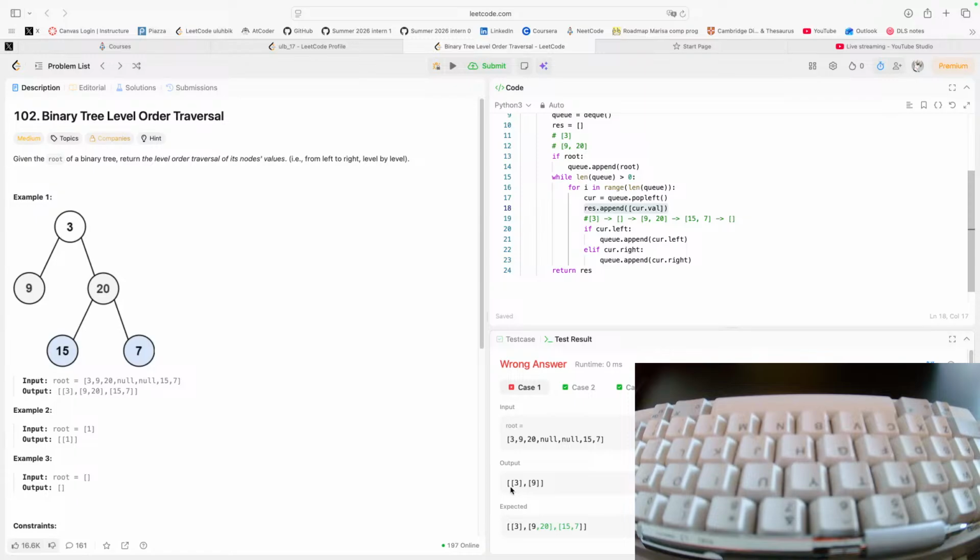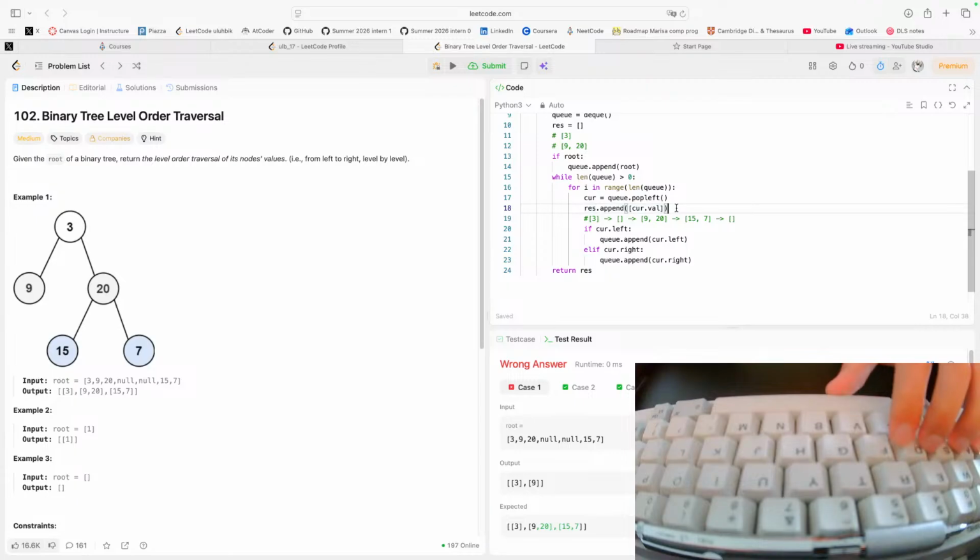My output only gave me this. The expected output is this. All right, so in order to do that, I'm only appending this thing, which in that case, I think it should be before popping it. Let's